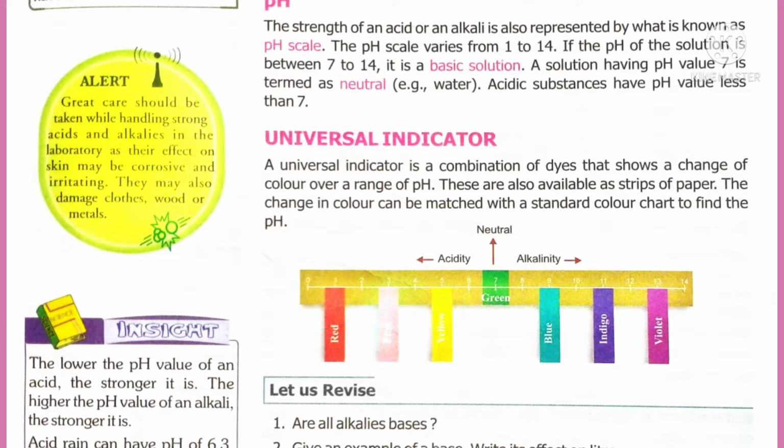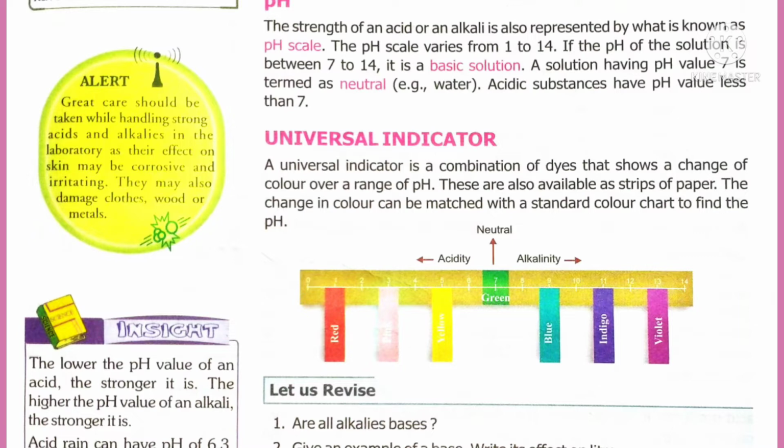Now you tell me, pH reading equal to 6 and pH reading equal to 12. Which is acid, which is base? I told you less than 7 it is acid. So 6 is acid and 12 is a base. If the pH reading is above 7, they are alkaline or basic in nature.